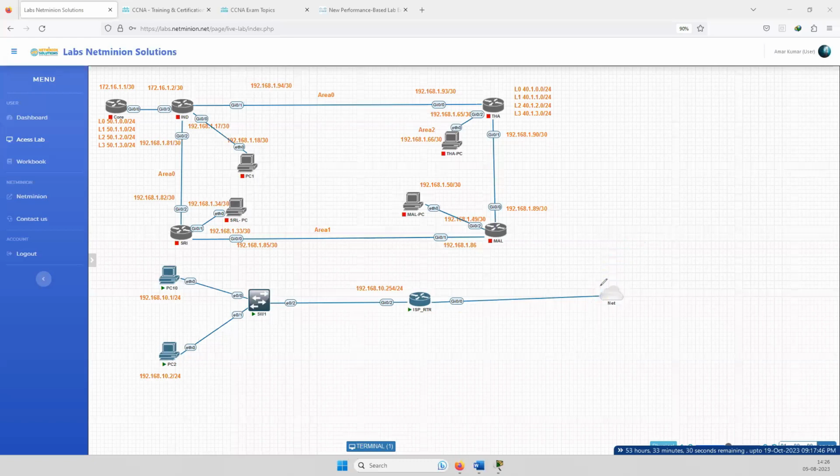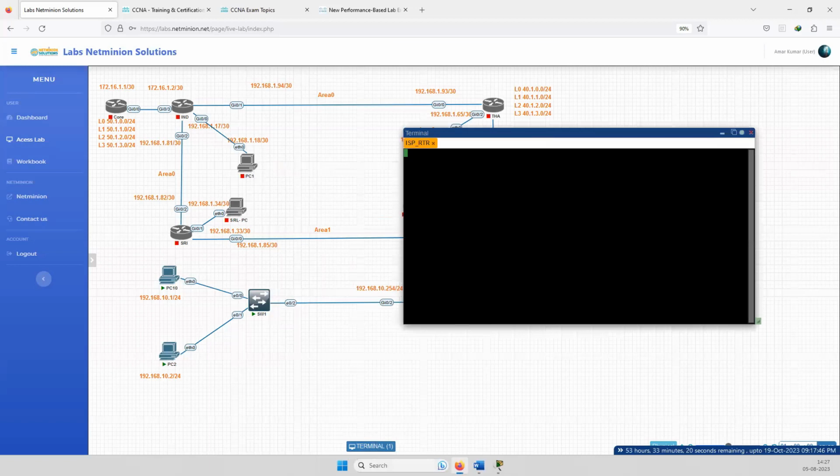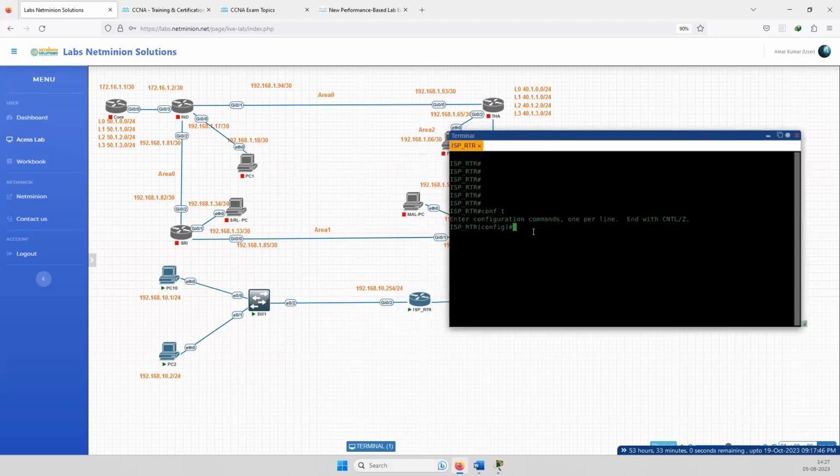Right. So I have assigned the IP address. What next? I need to configure NAT. To configure the NAT, I need to create an access list. So let me just click on this. And let's configure NAT. So go to config mode again. First of all, to configure the NAT, we need to identify the source network. And the source network we can identify using the access list. So I'm going to create an access list,